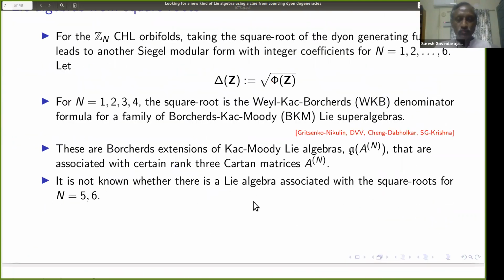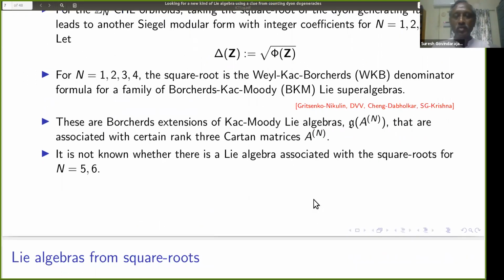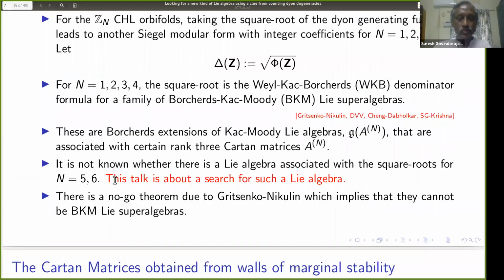Okay, so it's very strange that 2 different kinds of walls get mapped to each other, and every wall is related to something called a simple root of the Lie algebra. Okay, so coming back to this talk, it's not known whether there's a Lie algebra associated with the square roots for n equal to 5 and 6,